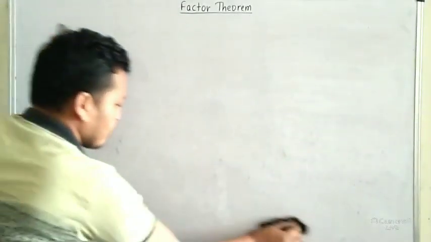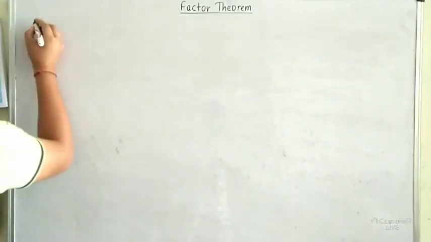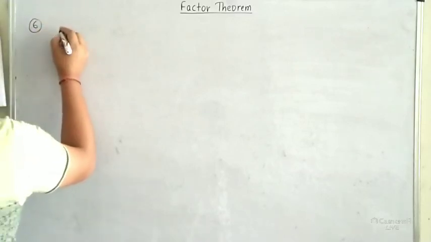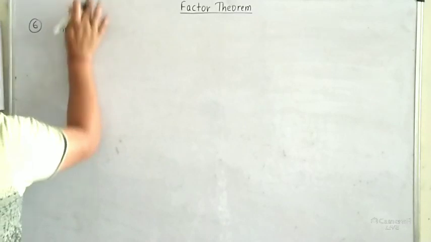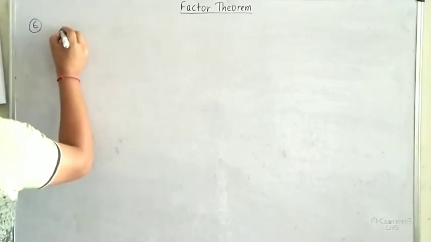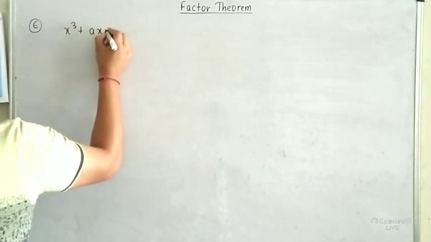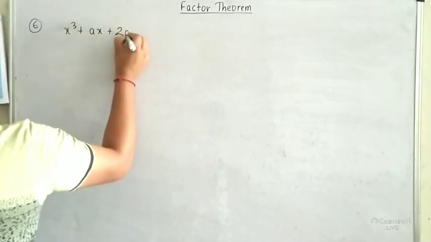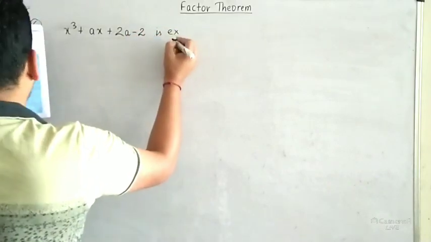And I request please solve the remaining questions of the fifth part. Next is question number 6. I am taking here question number 6. This is find the value of a. Find the value of a if x cube plus ax plus 2a minus 2 is exactly